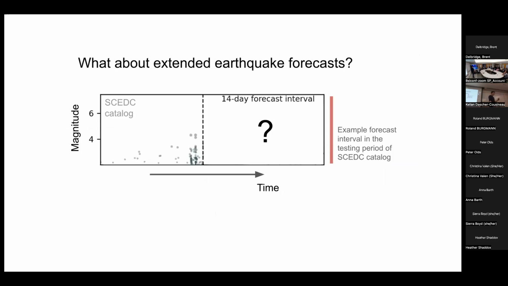Now, I don't know about you, I don't even have a great intuition for what it means to have a unit increase in log likelihood in terms of goodness of fit. And in fact, the more common use case for these models is to examine forecasts over some fixed amount of time. So this is the standard forecasting task. We have a smaller quake sequence and we would like to know what's going to happen in the next 2 weeks. So for the remainder of this talk, I'll be using the Southern California Data Center catalog, and again, I'll emphasize that we also tested on the other smaller regions and we have similar results.